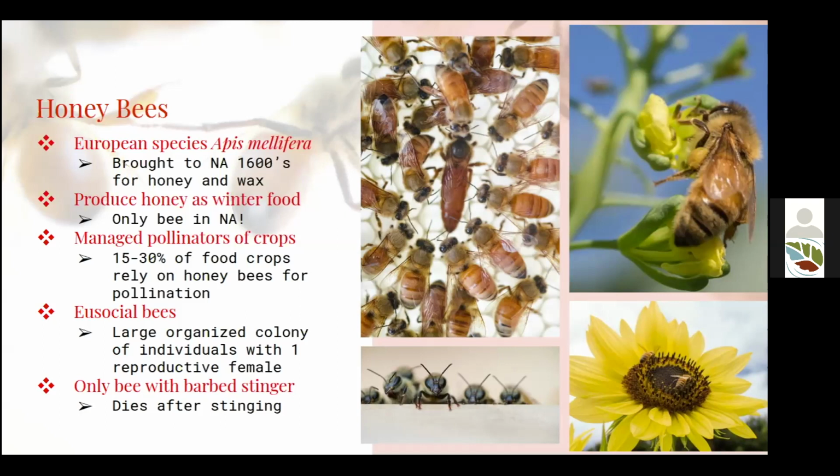I'll also mention that honeybees are the only bees that die after stinging. They have a little hook or a barb at the end of their stinger that rips the venom sac out of their body, which is fatal to that honeybee. But they're the only ones that have that. All other bee species, all female bees do have stingers, but they're not barbed, and the venom that they produce isn't specifically geared toward mammalian pests the way that honeybees' is. And so even if you do manage to get stung by a solitary or native bee, it's going to be less irritating than a mosquito bite, which is not so scary.